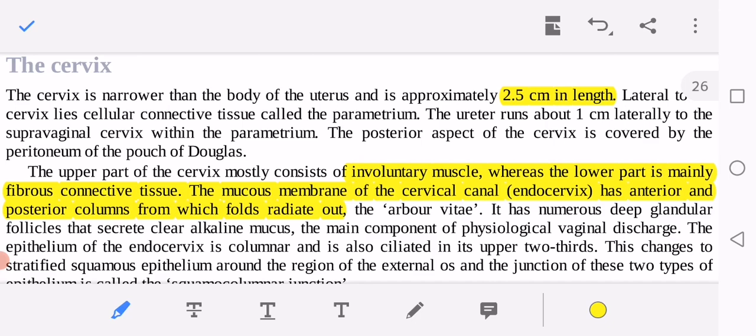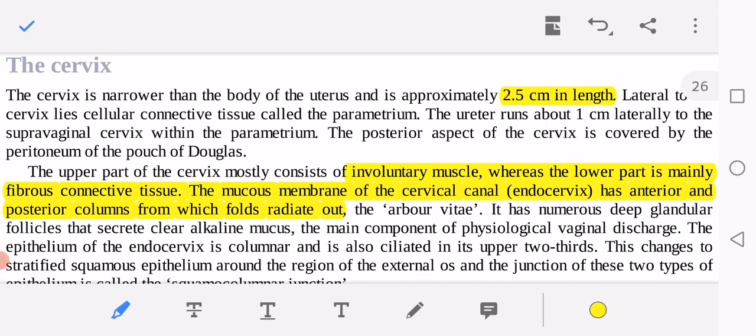cellular connective tissue called parametrium, and the ureter runs about 1 centimeter lateral to the supravaginal cervix within the parametrium. The posterior aspect of the cervix is covered by peritoneum of the pouch of Douglas. The upper part of the cervix mostly consists of involuntary muscles, whereas the lower part is mainly fibrous connective tissue. The mucous membrane of the cervical canal, endocervix, has anterior and posterior columns from which folds radiate out,